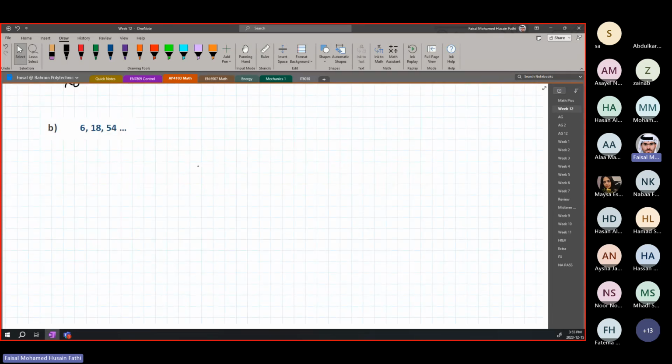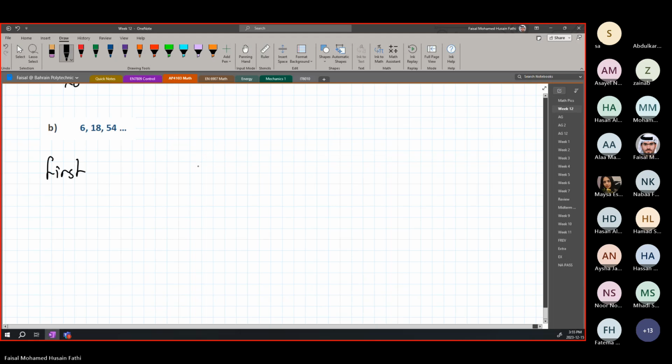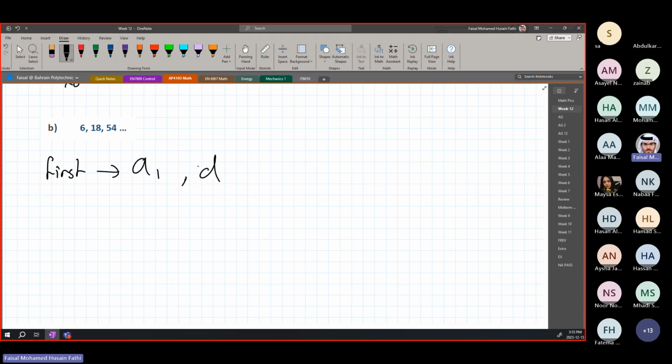find your A1 and your common difference. That's the first step you should always do. Find your first term and common difference. What's your first term here? So A1 is equal to 6. Your common difference is equal to